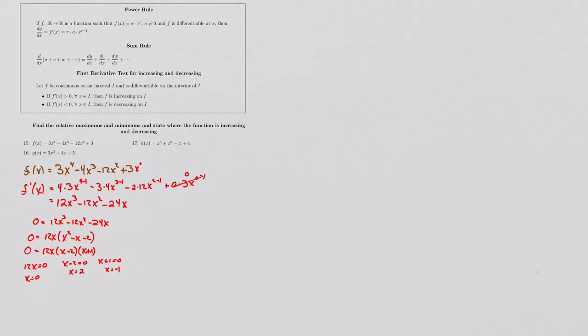Now, what that tells us is it's going to be a relative max or a relative min, but what we actually have to do is the first derivative test. Right here, it says, let f be continuous on an interval I and differentiable on the interior of I. If f prime of x is greater than 0 for all x in the interval I (this upside down A means "for all"), then f is increasing on I. If f prime of x is less than 0 for all x in the interval I, then f is decreasing